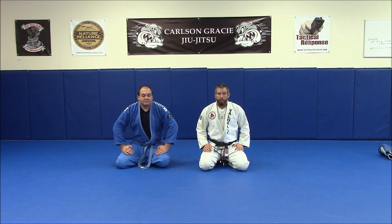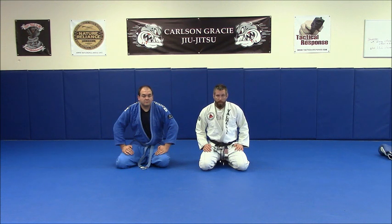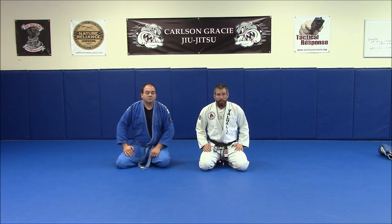And this is our trap and roll from the mount. Okay? Mount is a bad position to be in, and this is the most fundamental of our escapes. It's easy to teach people. In a self-defense situation, it works great. It works great against all levels of jiu-jitsu. It takes a little more finesse if you get the higher level that you're fighting, but basically I see this